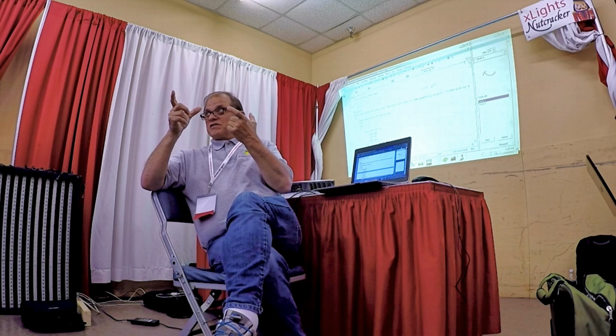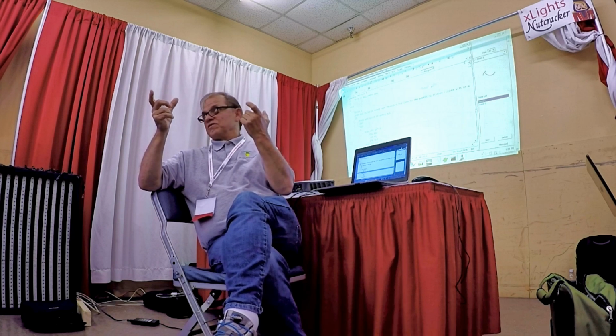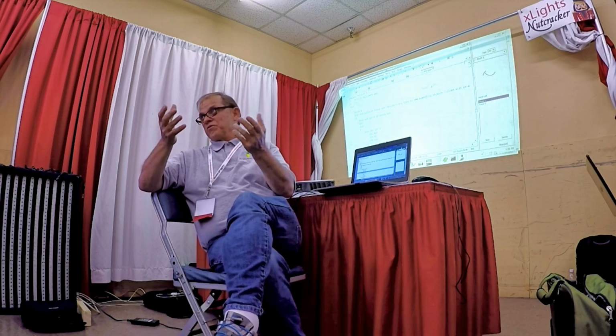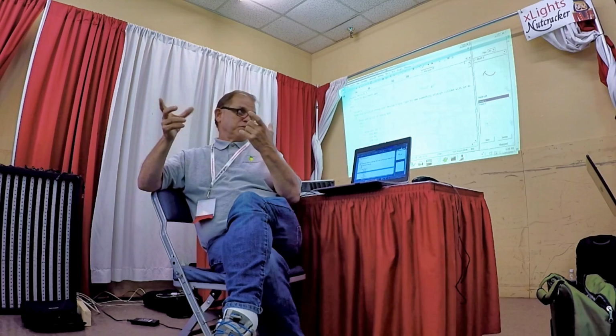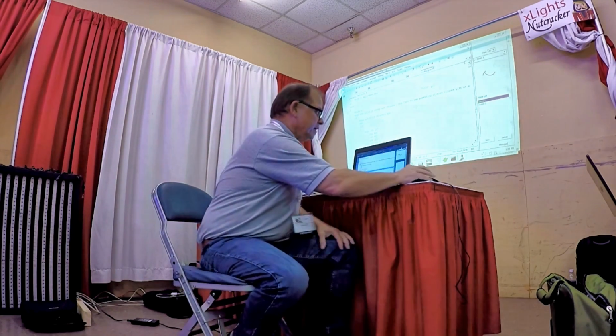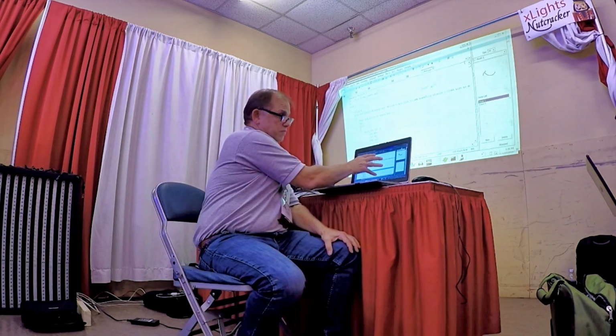And by the way, this is like crap. Why do you have to do this? Because it's a limitation in the program, and if we ever rewrite the program, we'd make all this go away, but we never got around to rewriting it. All right, so now you understand the file, the PGO file. Now let's go into X-Lights.